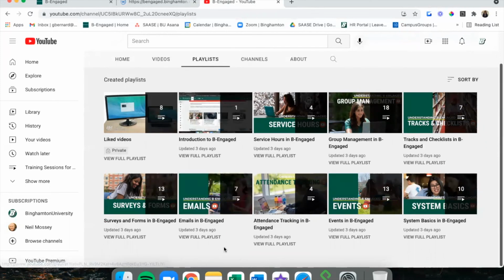The emails playlist, which takes you through how to send an email from start to finish, how to schedule an email, how to create templates and newsletters. Attendance tracking, with one all about using the kiosk and making sure it's set up correctly. Events, which talks about creating event templates, assigning event tags, and more. And lastly, system basics. So how to log in to Be Engaged, how to find your co-curricular transcript, and a bunch of other things as well.